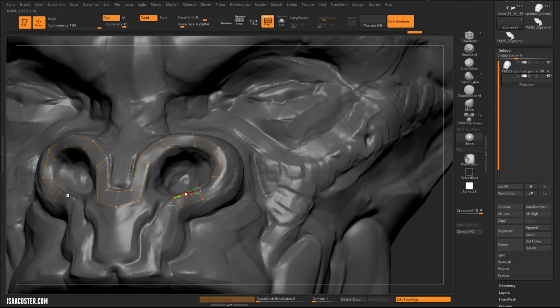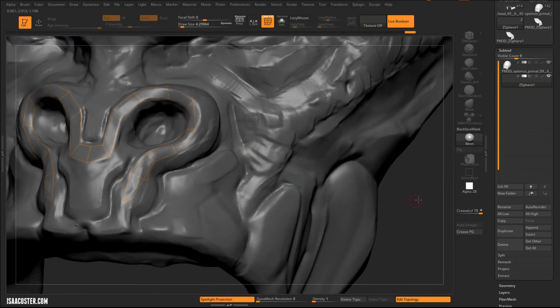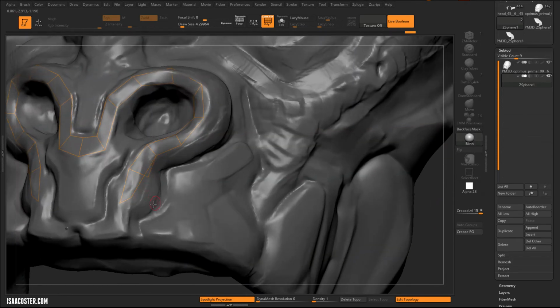So I'm just gonna go around what I would like to be this kind of plane, and you can see, right, that's a very, very common issue. It didn't weld those points, it just drew right across. So when that happens, just tap the Q and hold Alt. Q is draw, Alt is going to be erase. And now I want to hold Control and click on this point so that I can just continue on my merry way